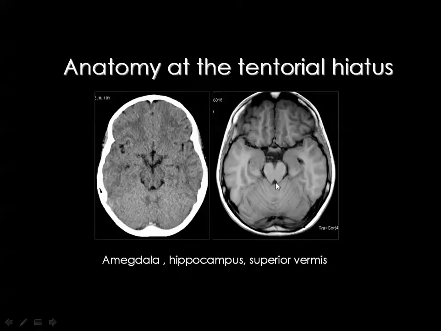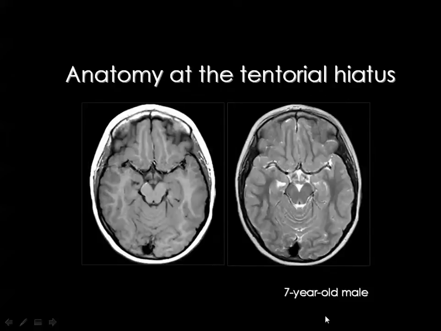This is the end of the fourth ventricle and the start of the midbrain, and this is part of the cerebellum, left cerebellum, right cerebellum, and in the midline you see the cerebellar vermis. In the lower sections you see the inferior vermis, but in the upper sections you see the superior vermis of the cerebellum. Then here, if you look carefully, you see the quadrigeminal cistern, and this is the classic configuration